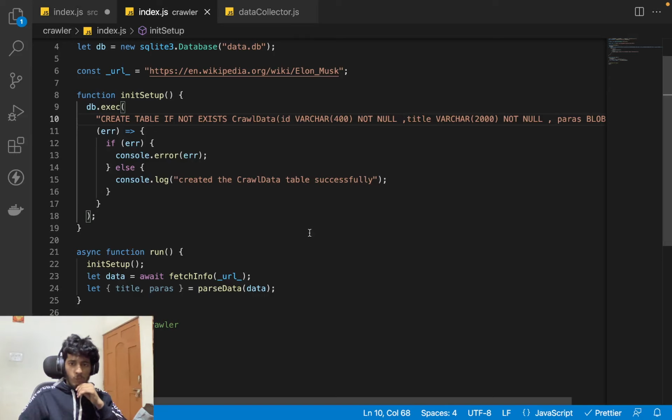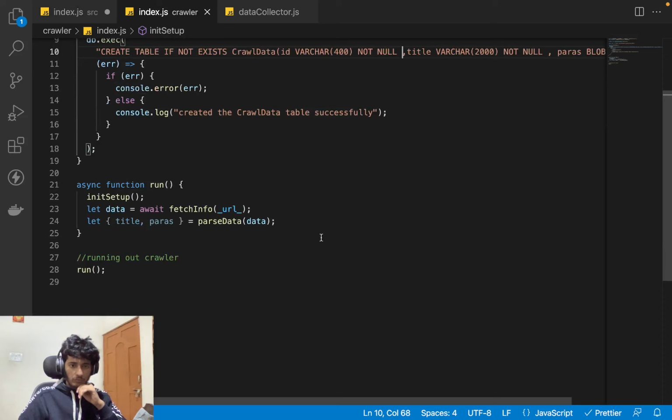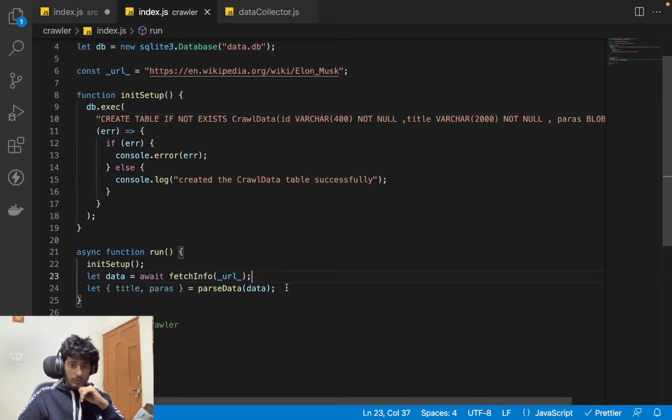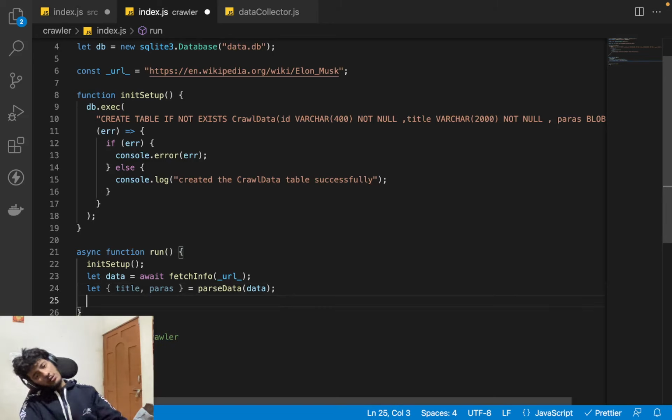Okay, so next thing, we need to insert this information in that database. And second thing, we have to also go recursive, so we have to fetch all the anchor tags, right, and then actually get the links out of them. So that is also what we have to do. Yeah, let's try to insert one of the data. So db dot